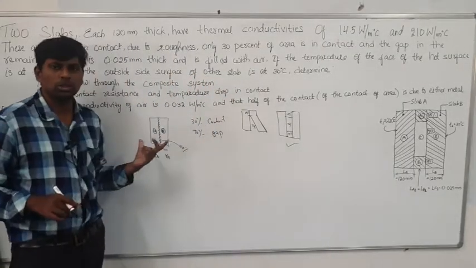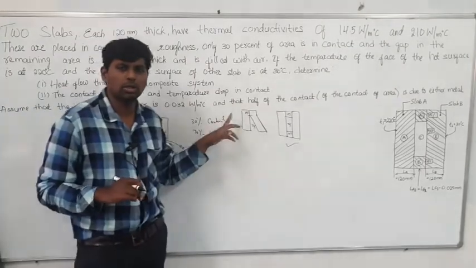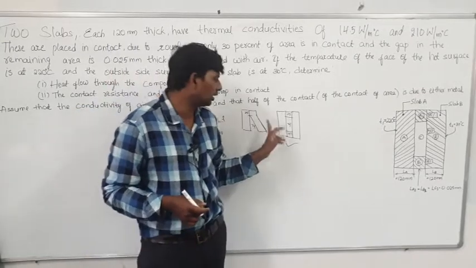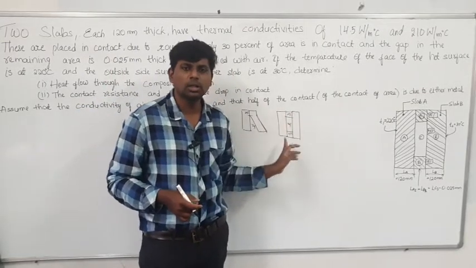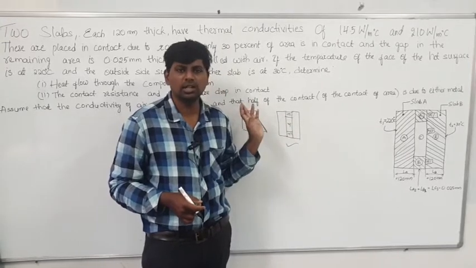Previously, by reading the question you will draw this diagram. After that you will think that 30% contact is there and the remaining will be like this. Then you have to do equal justice, meaning you divide the 30% into upside 15 and downside 15. Then what is in between, you consider as a gap.